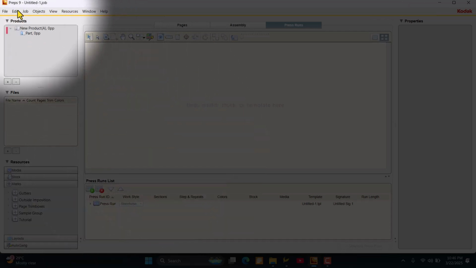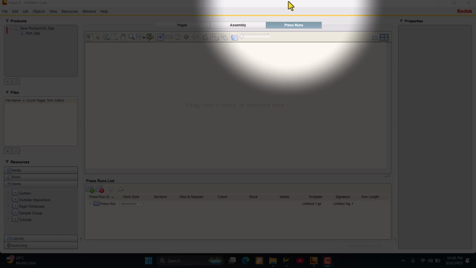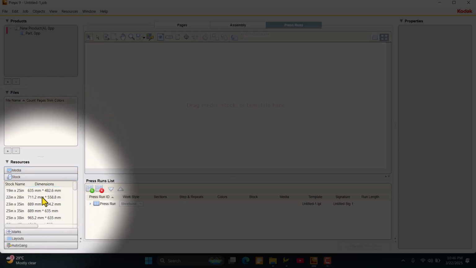Today we are going to learn how to use fold patterns to create imposition in Kodak Preps. So to do that, first let's add our stock. So assuming this is our stock,